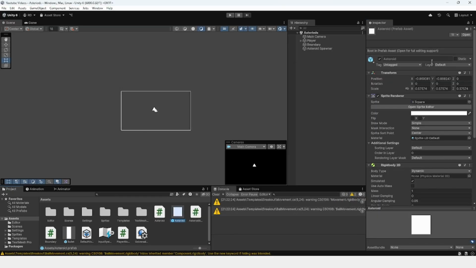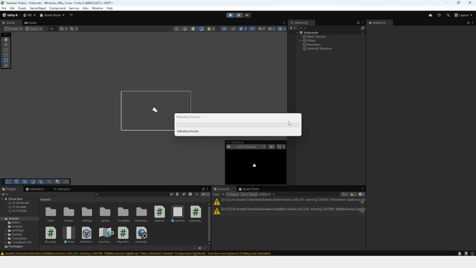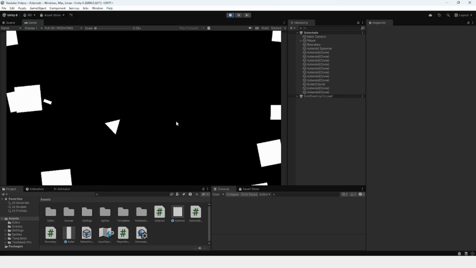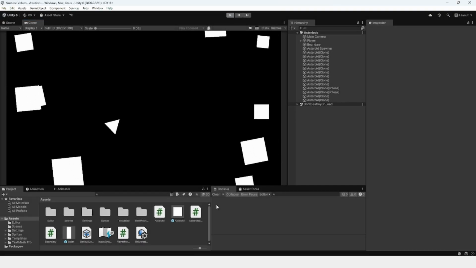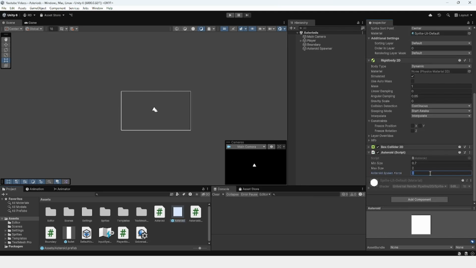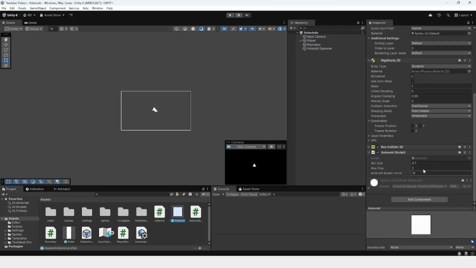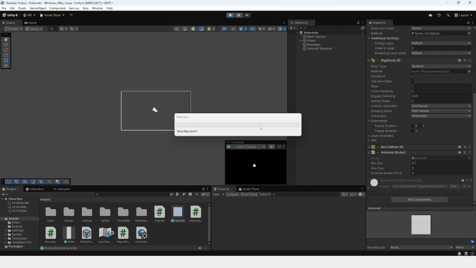So now I need to add the asteroid layer to itself. And now if I click inside play mode, the asteroids should be able to go inside of each other so that it becomes much less hectic. It won't move yet because we need to set the asteroid spawn force. I'm going to set it to something like 10. I'm just going to make sure the asteroid speed is set to 3. So maybe I will set this asteroid spawn force to 5. Now, when we go back inside of play mode,